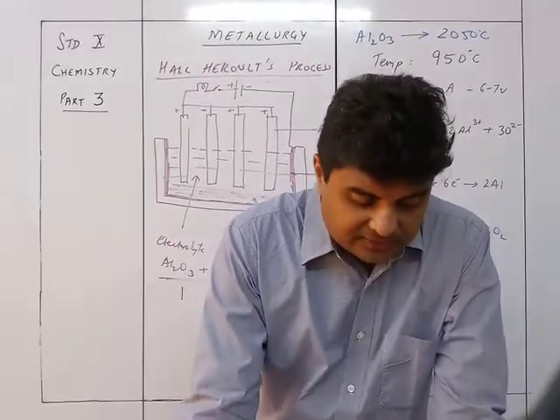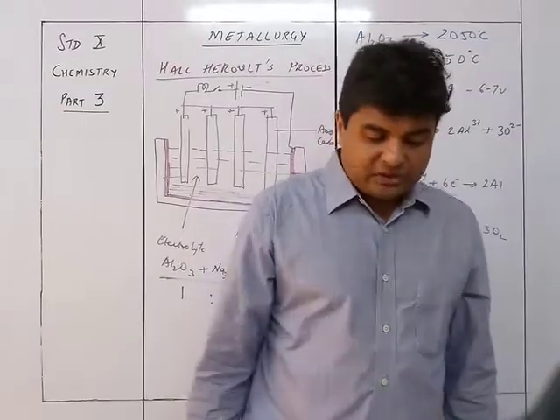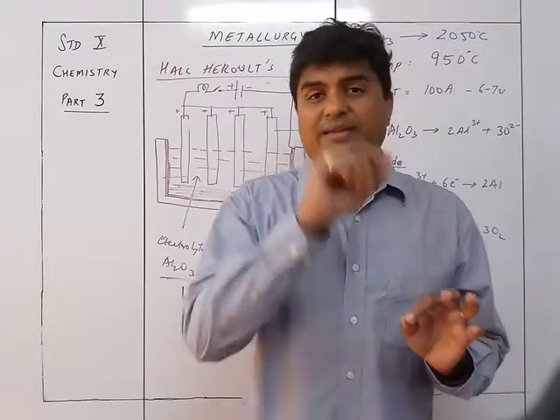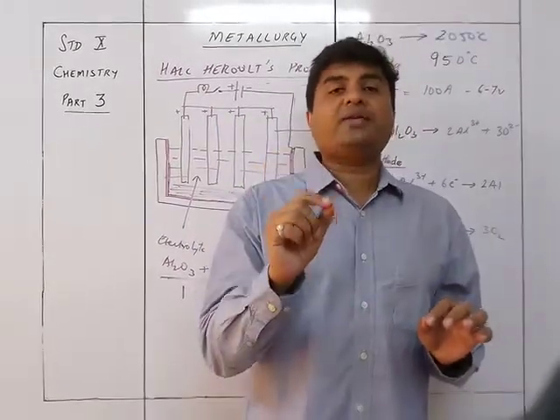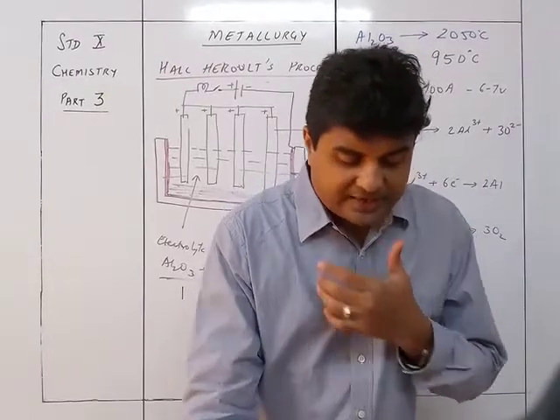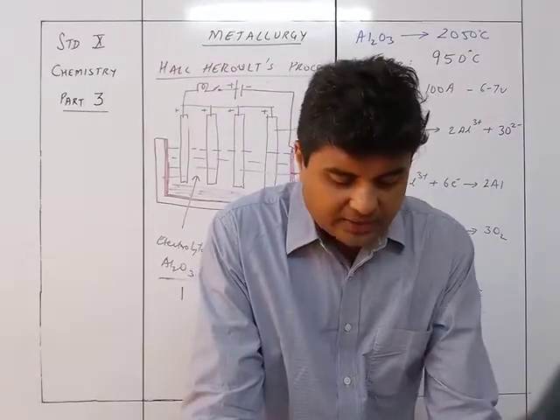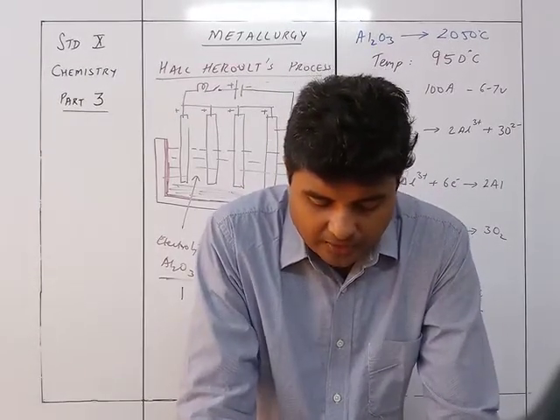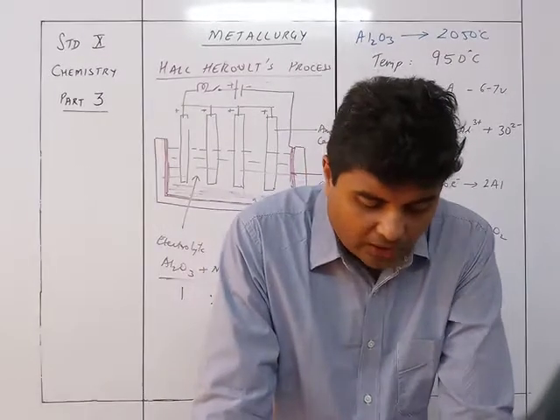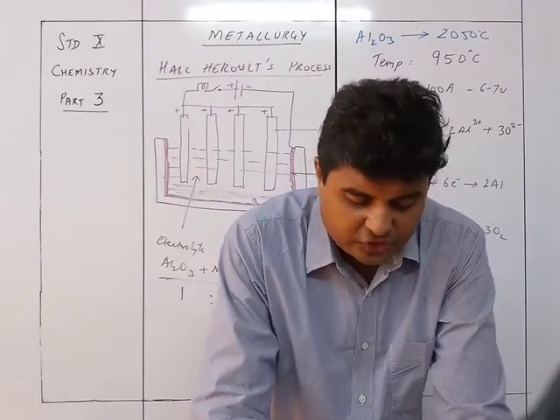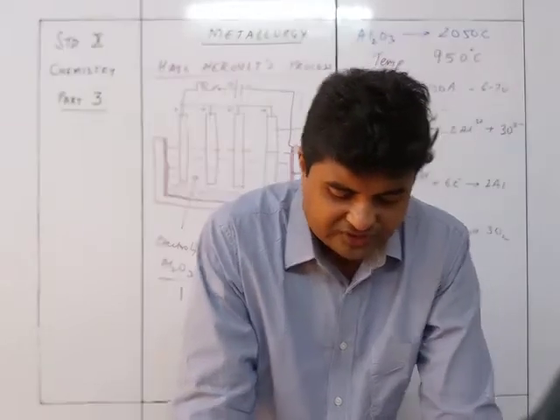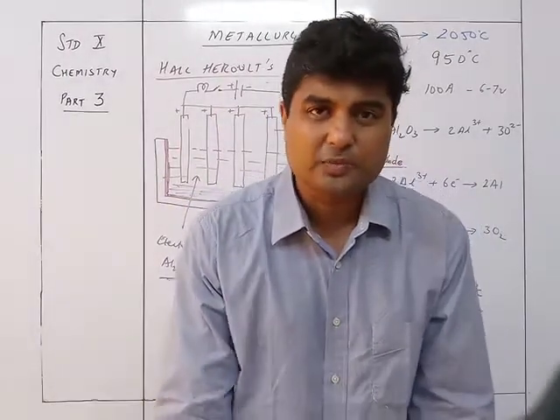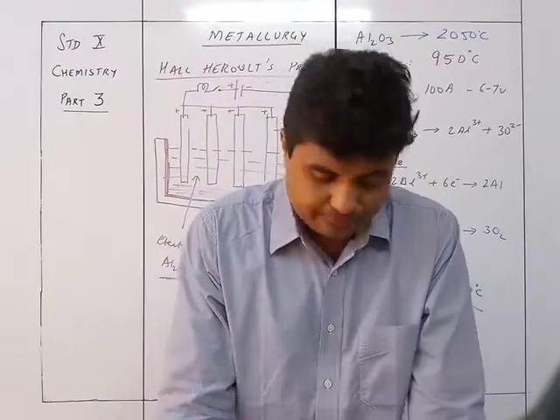Now, one advantage of cryolite alone: addition of cryolite enhances the conductivity of the mixture. So the conductivity, that is how the electricity is going to pass through it, is increased by the cryolite. Since pure alumina is almost a non-conductor of electricity, the compounds in the electrolyte are thus Al2O3, Na3AlF6 and CaF2. Charles Hall in 1886 thus resolved the difficulty faced during electrolytic reduction of alumina, and hence extraction of aluminum became simpler and consequently cheaper. So that is why this process has become the most important part of extraction of aluminum.